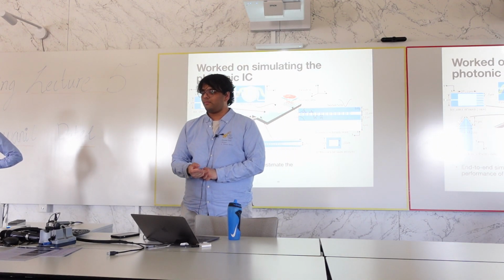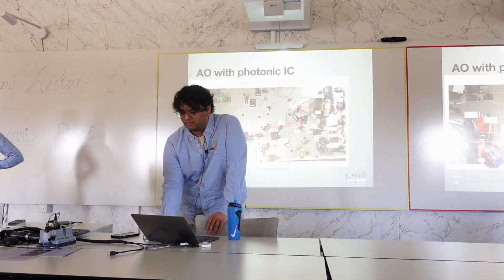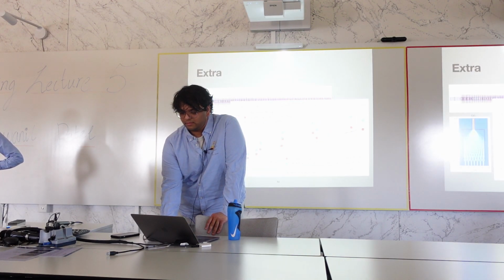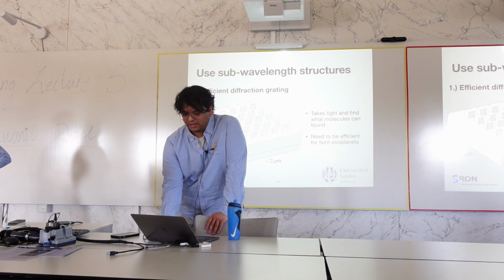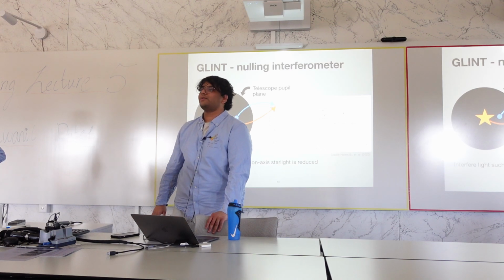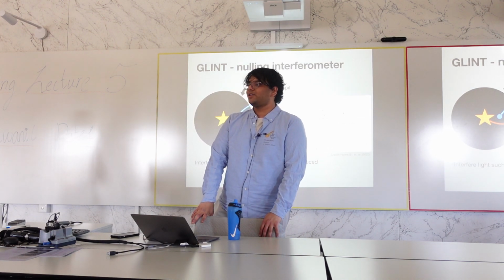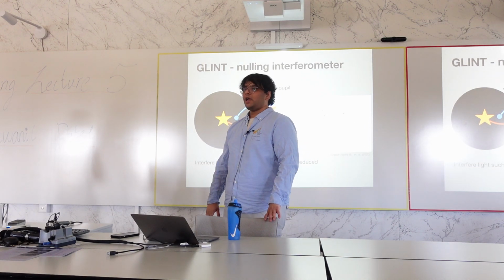You said right now we can decrease the starlight from the planet light by 10 to the -4. How do you think we can get it even lower? So we can reach 10 to the -9. Yeah, so it could be a whole new talk on that. We have something called coronagraphy where you essentially